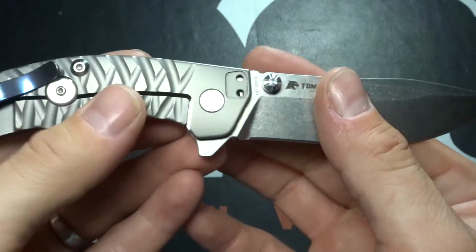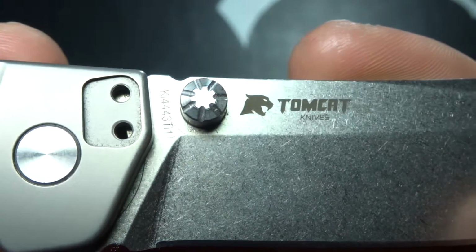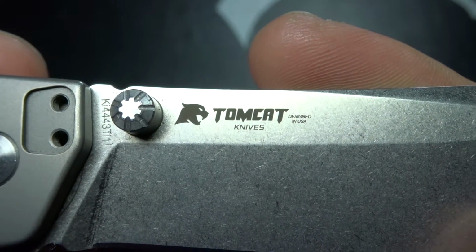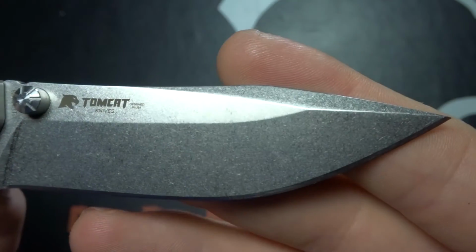This is in collaboration with Tomcat Knives. There's the model number again, and the Tomcat Knives logo on the back. Designed in the USA, Tomcat Knives obviously, but Kizer is a China company, so